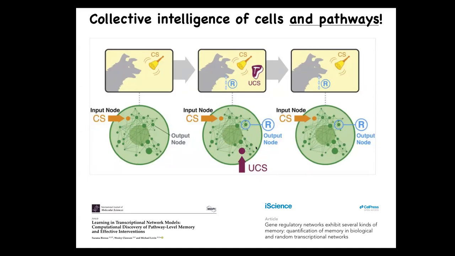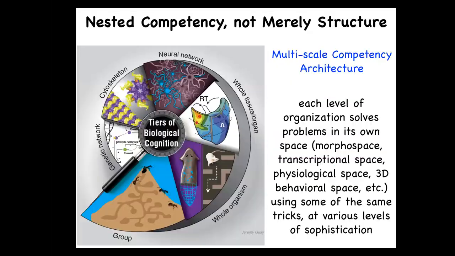So this is an amazing material that evolution and we as bioengineers are dealing with. It requires a different kind of engineering. This architecture of which we are made is what we call a multi-scale competency architecture, because every level is not just structurally smaller, but every level solves problems in a different space, and all of these agents cooperate and compete to get various goals accomplished. The higher level deforms the energy landscape for the lower level, so that when they do what they do, the end result percolates up as